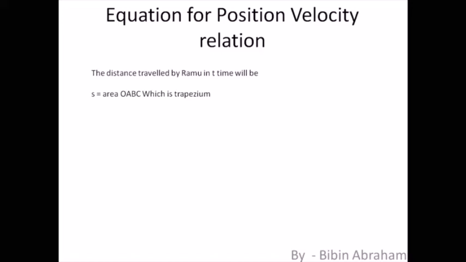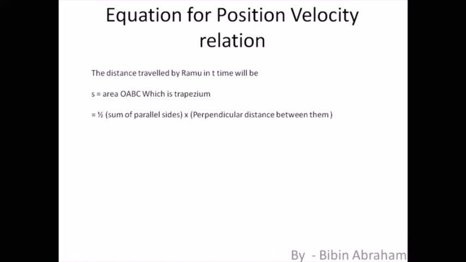All right, so let's do this. The trapezium formula is half into sum, I'm sure you must have studied this in your maths. If you haven't studied, it's okay, you can learn the formula by heart. The area of a trapezium is always given by half into the sum of parallel sides multiplied by the perpendicular distance between them, right? This is the formula for the area of a trapezium.